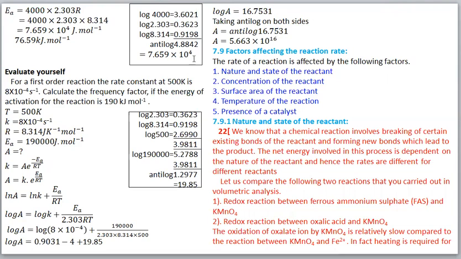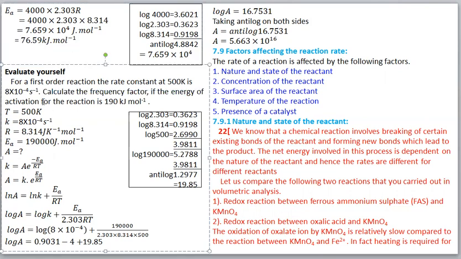10 to the power 4 we will get. What is the unit? Joule per mole. Since the value is very large, we can change into kilojoule. So instead of 10 to the power 4, we can take 10 to the power 3, that means this value we divide by 1000 to get kilojoule. This is 10 to the power 4 in the numerator and 10 to the power 3 in the denominator, so when we cancel these, we get 10. So this value we multiply with 10, which is equal to 76.59 kilojoule per mole.